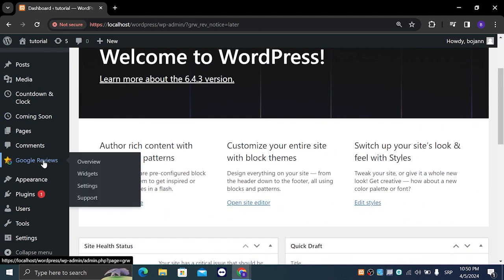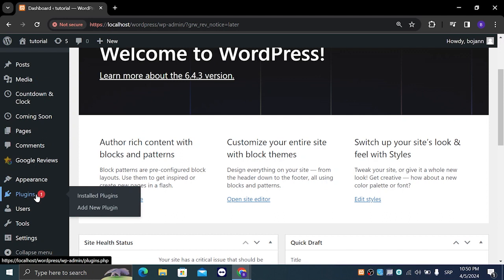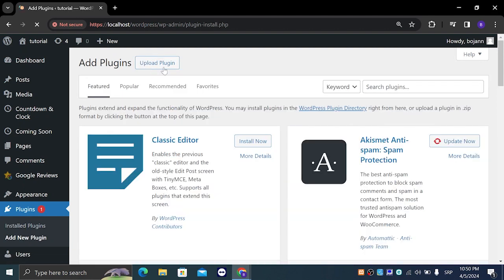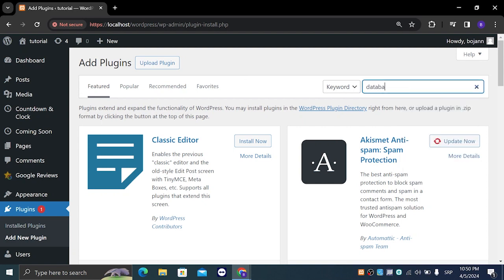You're gonna scroll down on the left hand side and go to plugins. Left click on that. After that, it should take us to this page right here. We're gonna go to add new plugin right next to plugins. Left click on that, and on the right hand side in the search plugins menu you're gonna search for database